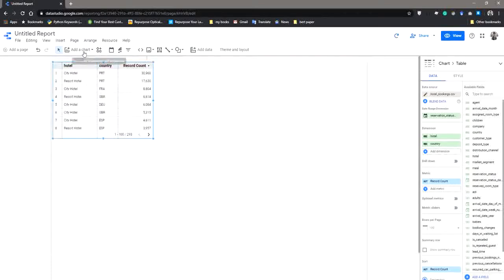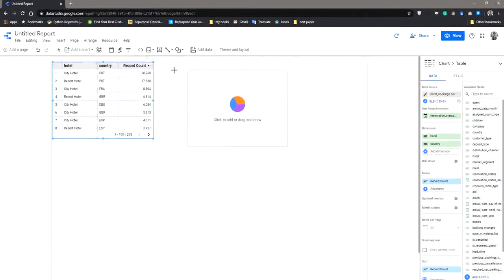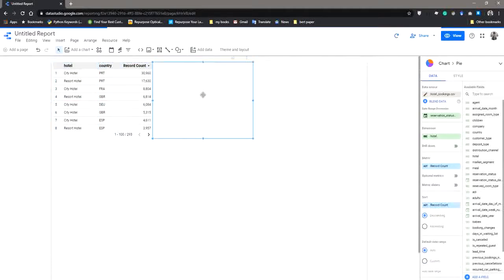Suppose we want to visualize something different. Here I'm going to use a pie chart, and I will place it here. Here I want to visualize the percentage of city hotel or resort hotel. As you can see, it has already taken this percentage.